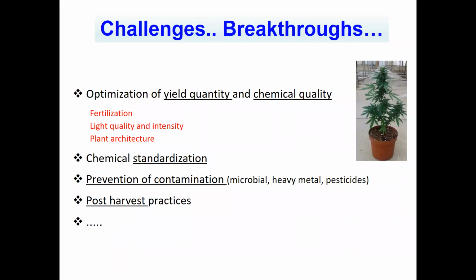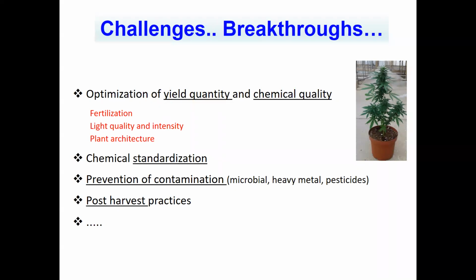So what are some of the challenges that we're still facing? Some breakthroughs were made and are increasingly being made today. And the 2 main things are to optimize for yield quantity, and of course, chemical quality, which is even more important at this stage than yield quantity. And today in the talk, I'll show you some results from my lab for using mineral nutrition, fertilization, to address those issues, light quality and light intensity, and plant structure, pruning, or plant architecture. All these are geared, of course, for chemical standardization and